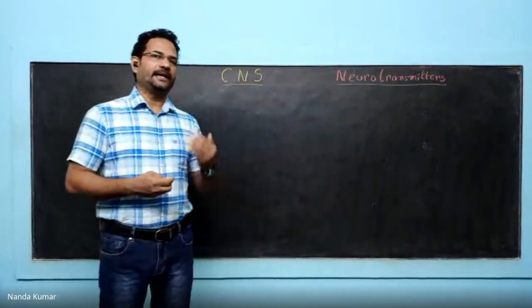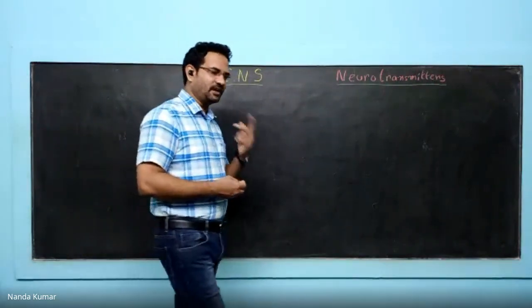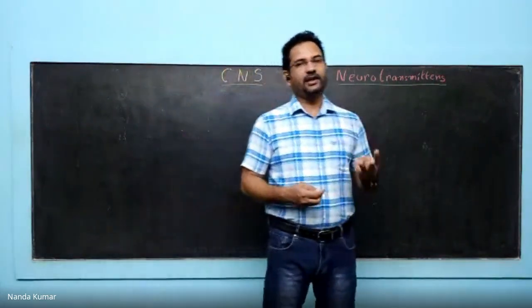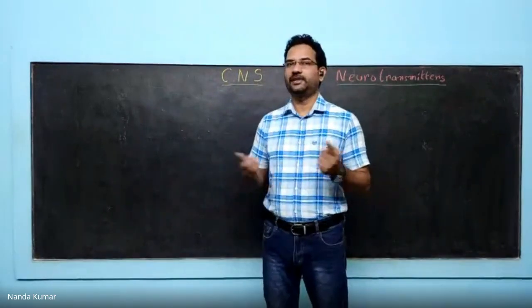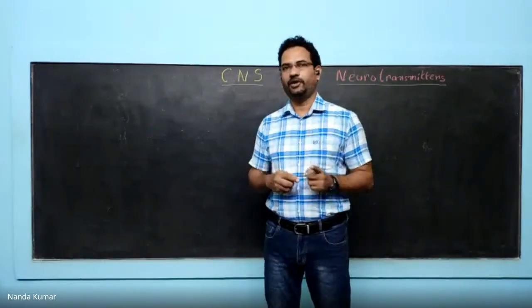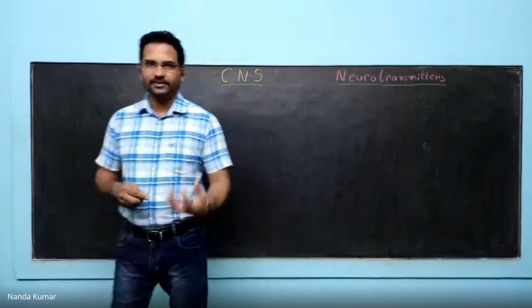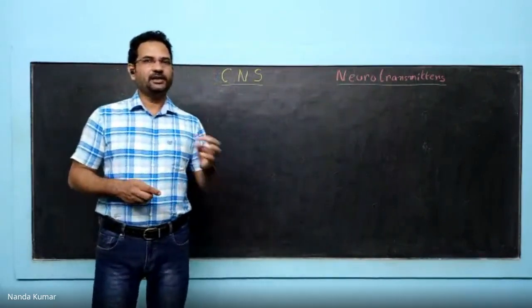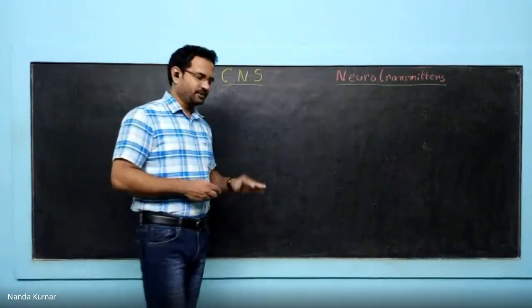After this, we have the diencephalon. Diencephalon contains thalamus, hypothalamus, and epithalamus. Again, all three are very important, especially the hypothalamus, which is responsible for the integration and control of the autonomic nervous system. Not only that, from the hypothalamus, the pituitary gland comes out, which has anterior and posterior lobes, and they release a lot of endocrine hormones.